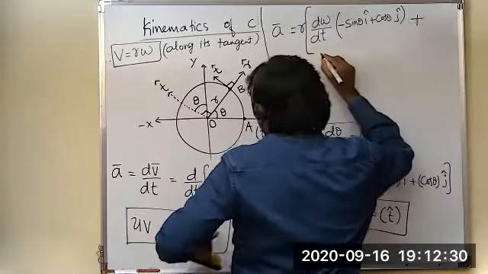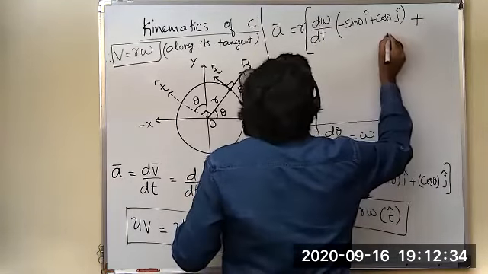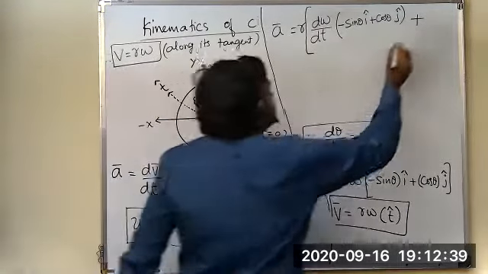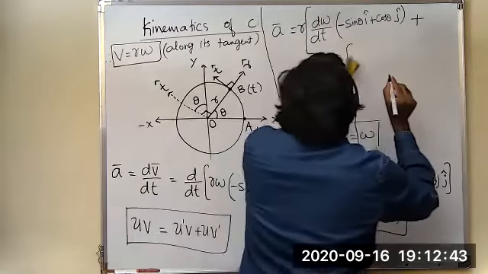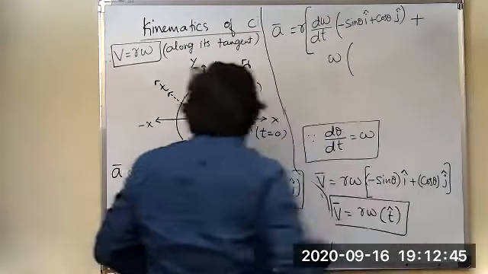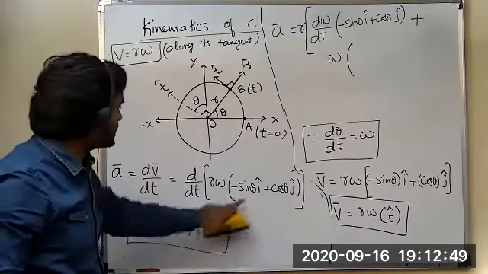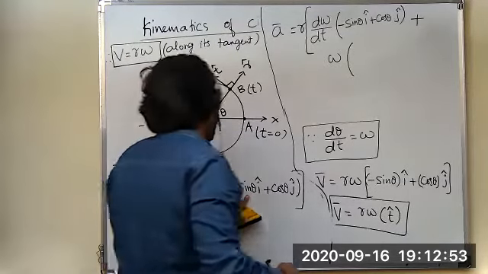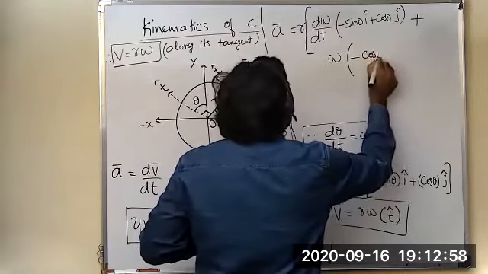Anyway, r is common for both. Here I need to take uv dash. U is omega, so I write omega into, in a bracket. Observe the differentiation carefully. Next, v dash. V dash is this one. Differentiation of sine theta is going to be cos theta. So minus cos theta into